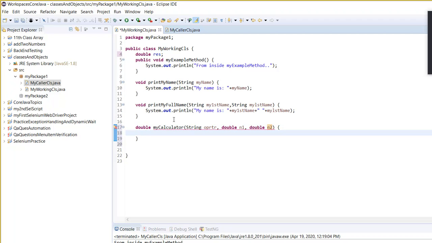My goal is, let's not worry about this operator. Let's just think about these two numbers that we will take, and then we are going to put result equal to,